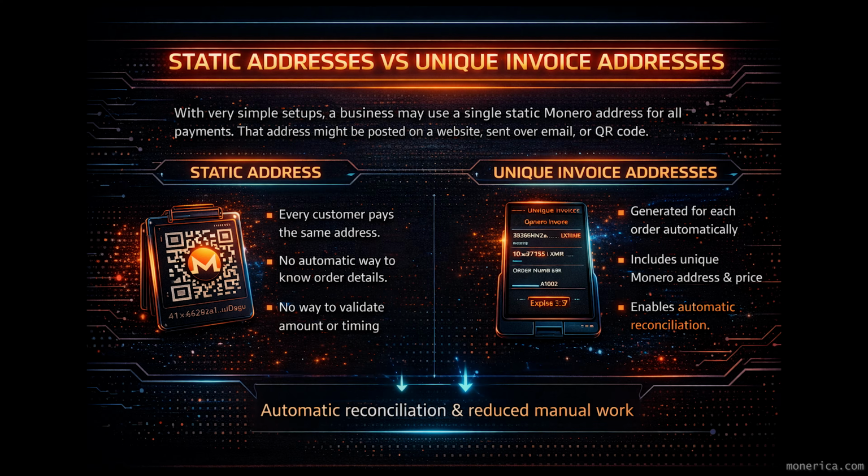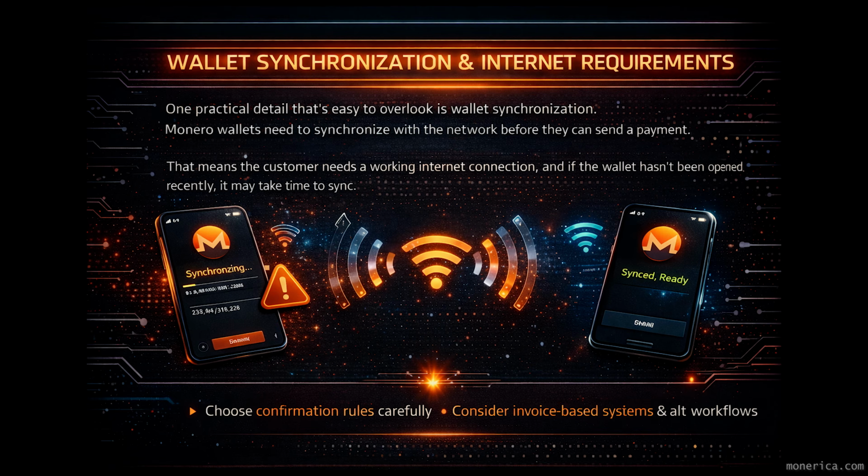More advanced systems solve this by generating a unique payment request for each order. That request includes a unique address, a fixed Monero amount based on the current fiat price, and a time window before the invoice expires. This makes it possible to automatically match payments to orders and dramatically reduces manual work,